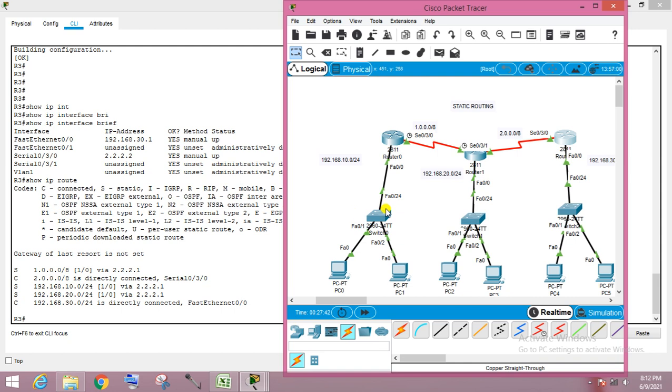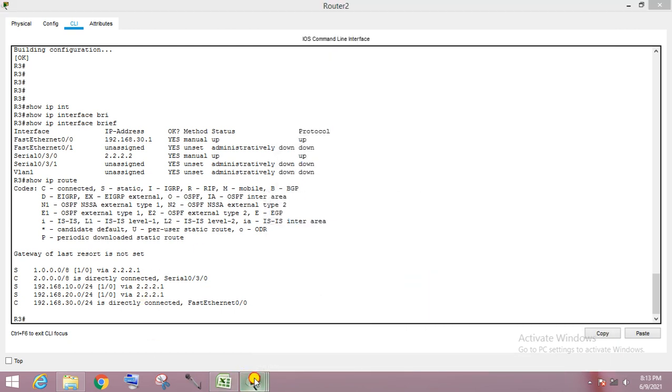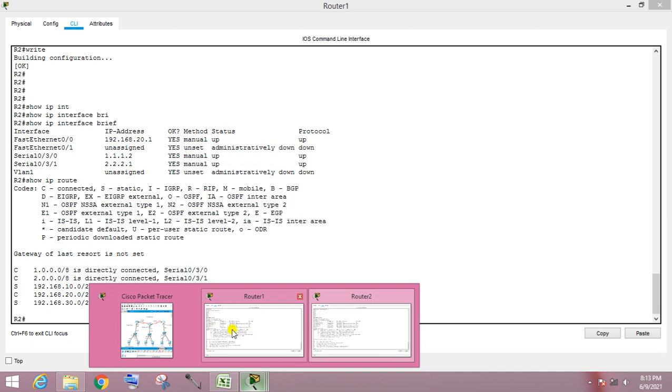Same thing for 10.0, its next hop address is 2.2.2.1. For 20.0, the address is 2.2.2.1. Now you can check all routers have all routes.